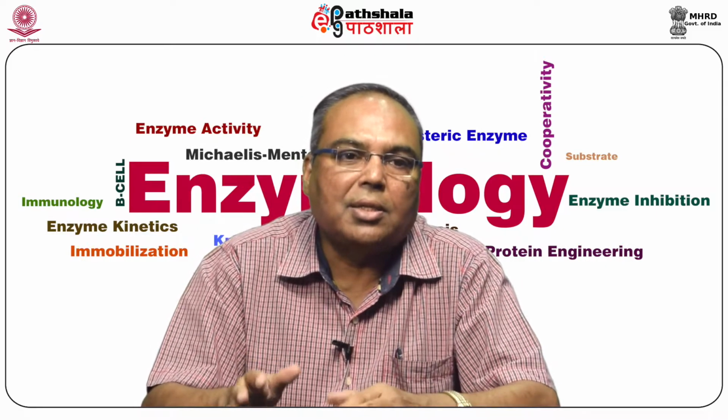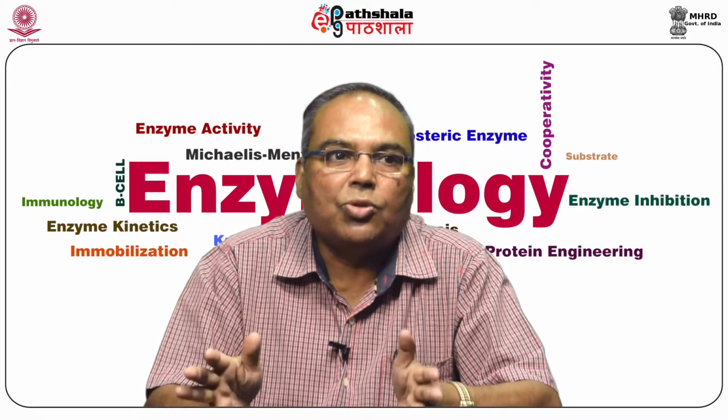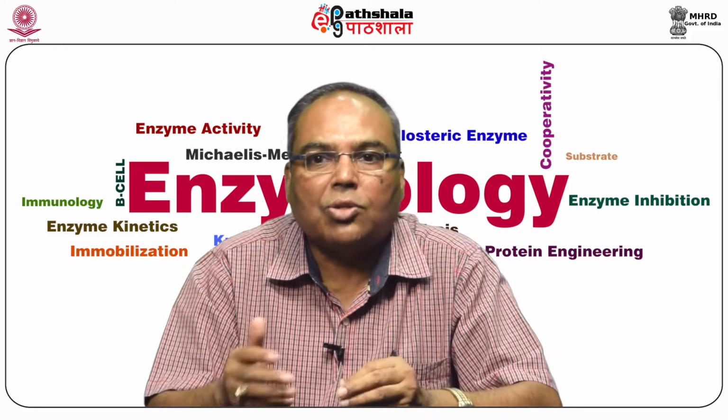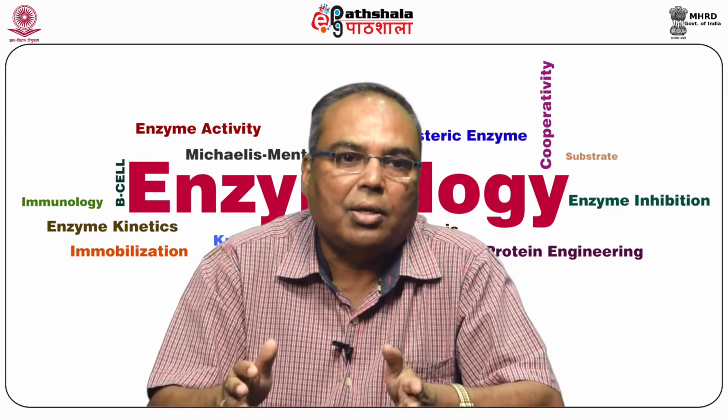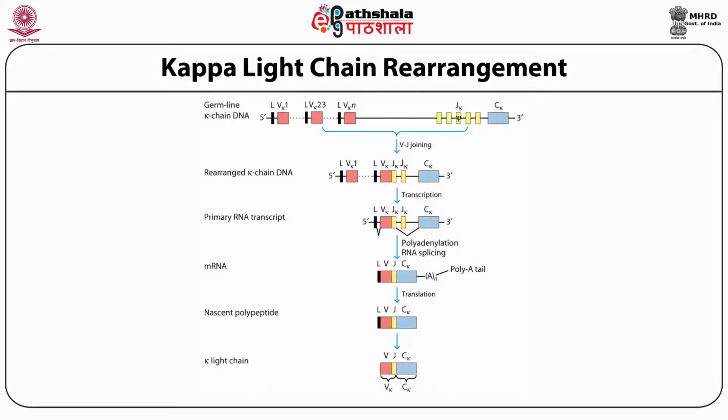Besides this, receptor editing takes place, and sometimes those B cells which are responsive to self antigens undergo receptor editing and give rise to a functional B cell and a functional antibody molecule also. I have already told you the principles that are involved in synthesis of the light chain and heavy chain. This involves gene rearrangement on the same chromosome, how one variable segment combines with one J segment and combines with the constant region of the light chain to give rise to a functional chain.